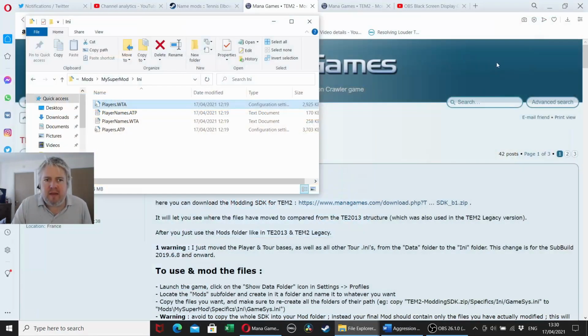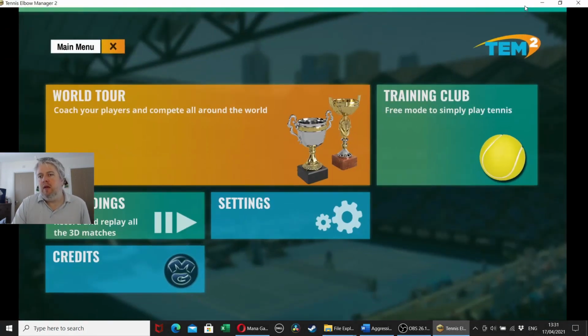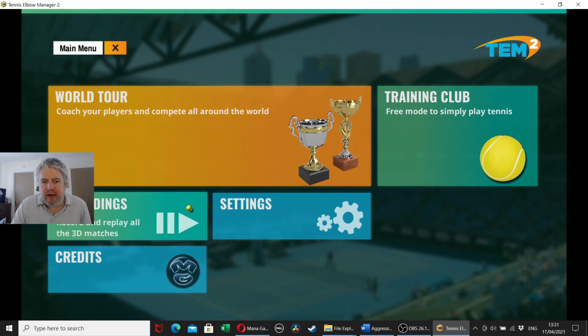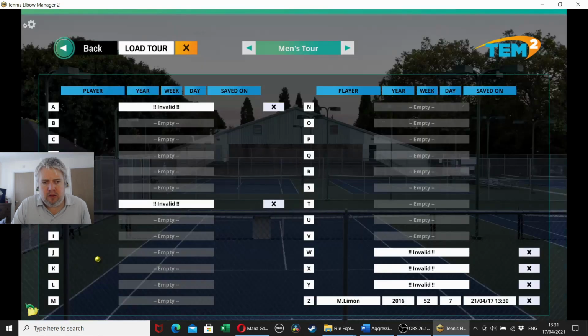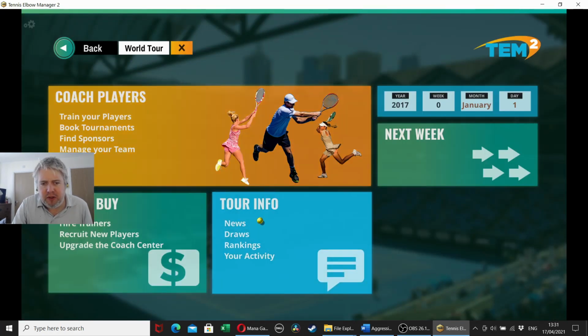So I'm going to come out of the game now to load that up. So we've loaded it up again, and what you will see if I look to load another game now, you will see that actually they are all invalid. So it will invalidate any previous save file. Funnily enough, this one isn't, and I wonder whether that's because I've only just created that. But all these other ones are invalid. So hopefully if I go into this one, what you should see now,